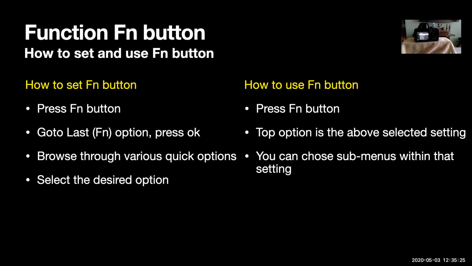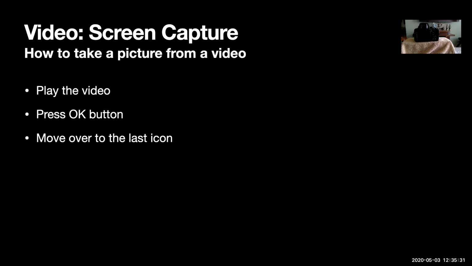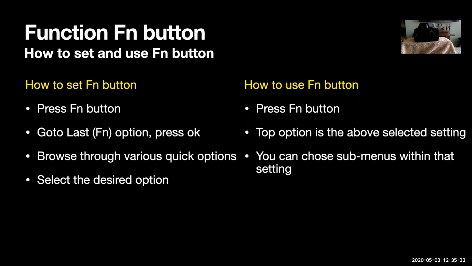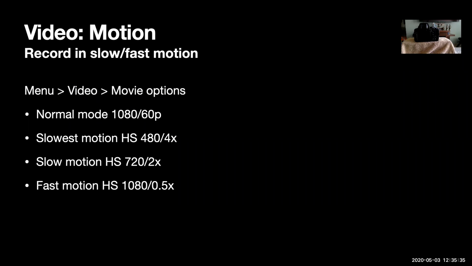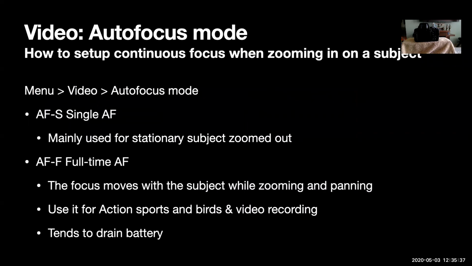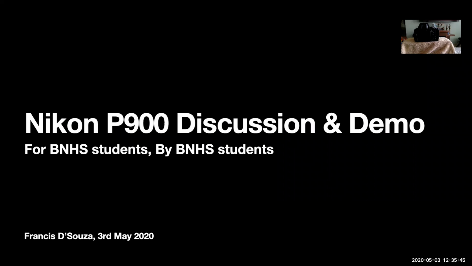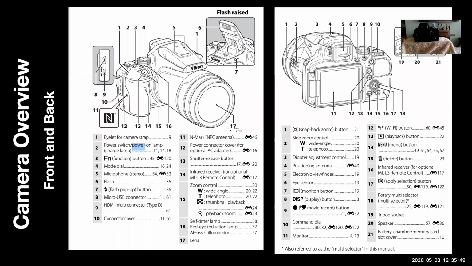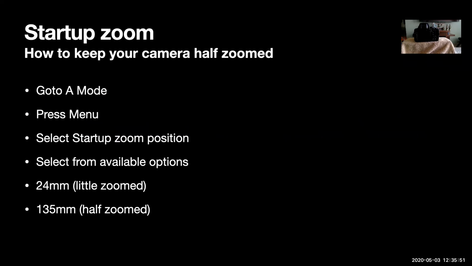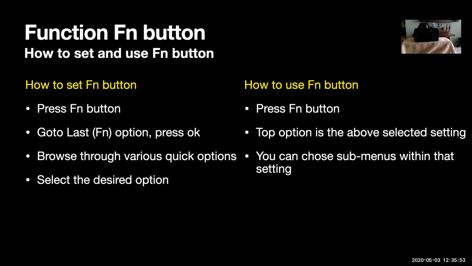Can you repeat? Yes, I will show you. Keep it one stop short of zero, that is -1/3. So with the EV option, move it once from zero, one dial to the left on the negative side. Keep it a little darker, and if you're increasing the ISO too much, then maybe you can tweak with this and see how you're getting your results for the P900.